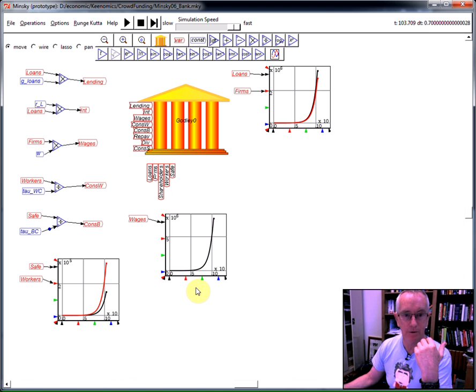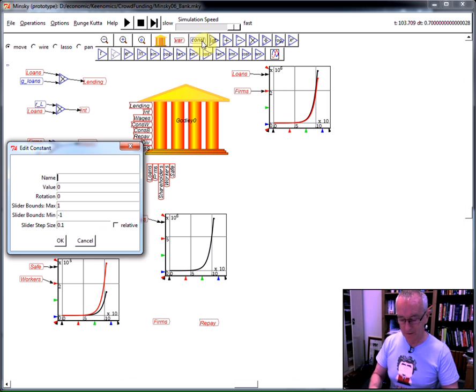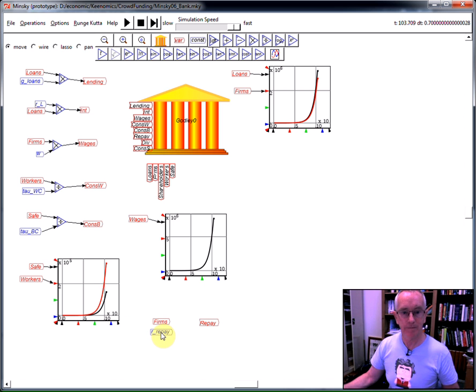Well, let's do that quickly. So repayment, copy that. Now let's say this repayment is related to the amount of money in the firm's account. So make a copy of that and say that there's some rate of repay. So I'll call this repay, and let's say you repay it at 5% per annum versus a 10% growth rate. Then if I then multiply those two together,